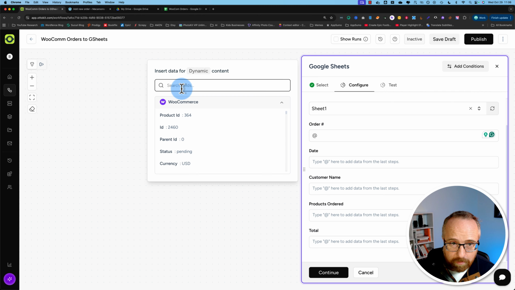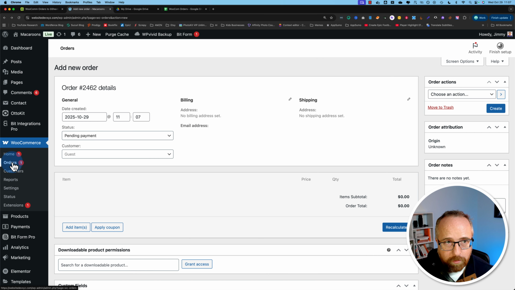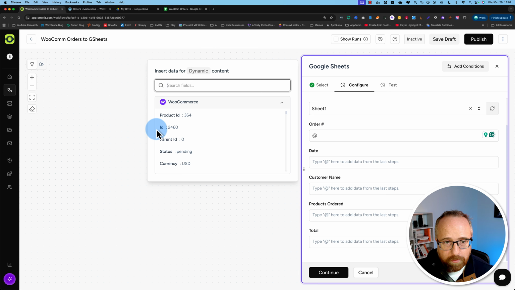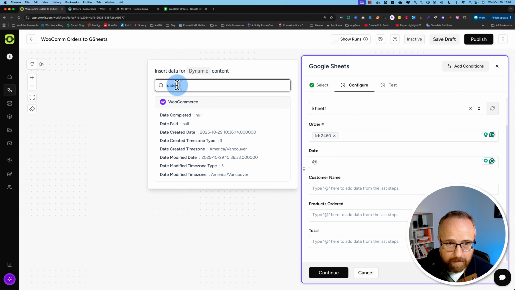And the order number, let's see. What is the order number? If we go to orders, we see 2460 is that order. So it can be the ID. Let's use that for the order number. For the date, let's type in date. Let's choose